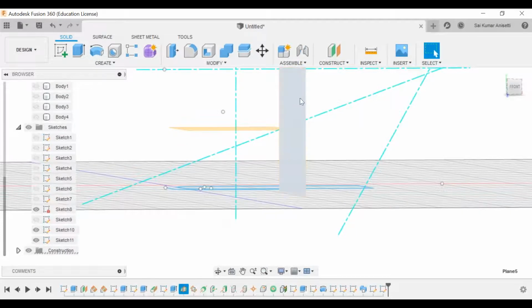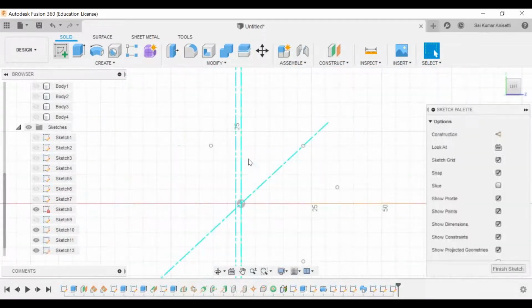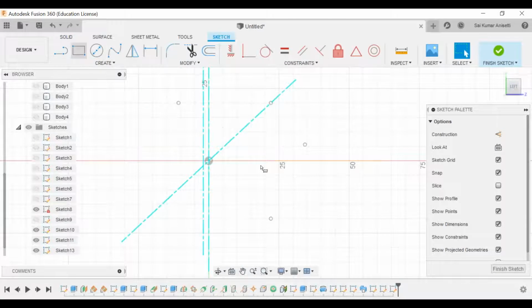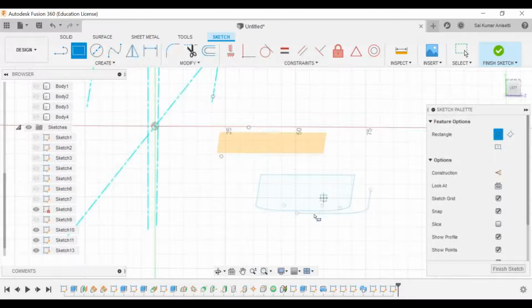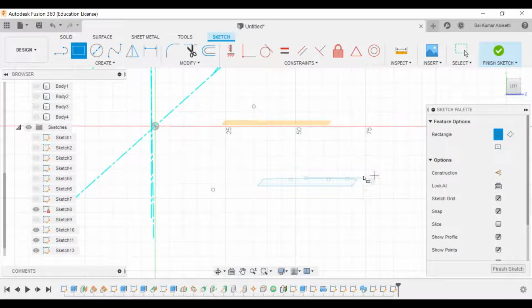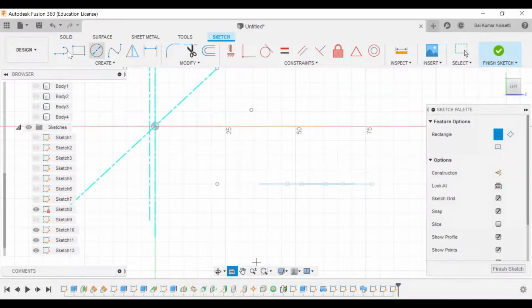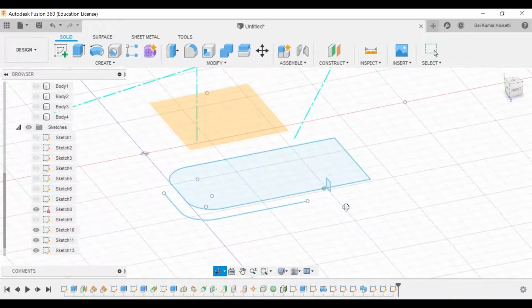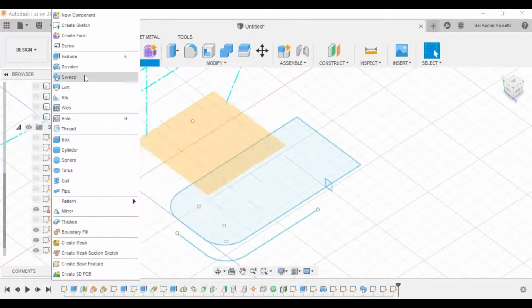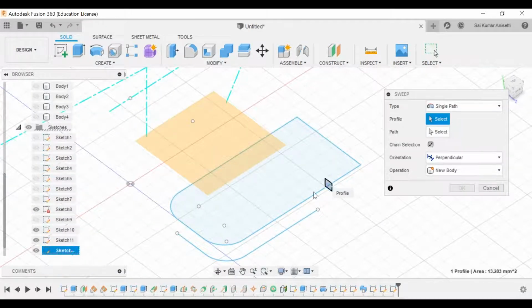There is the actual plane. On this plane, I'll be drawing a sketch. So let me sweep the profile.